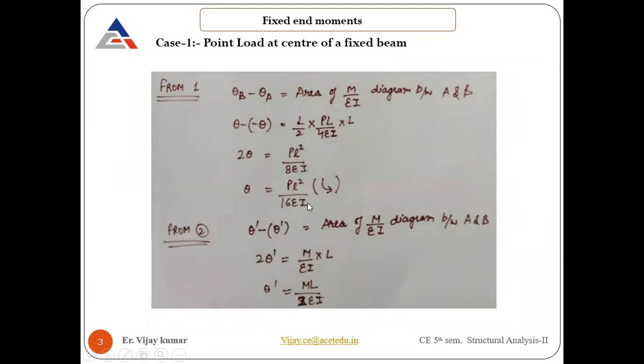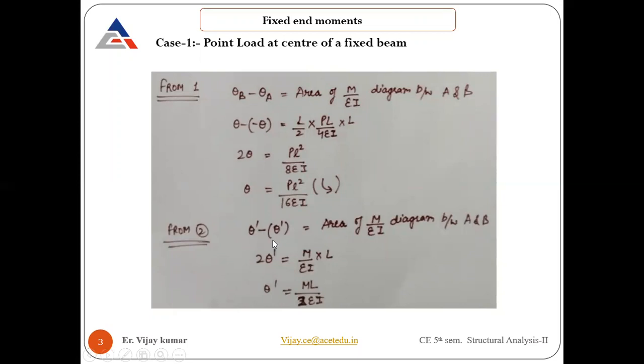You might know this value because we have already seen these values. If you know these values, then do not go with this method. This is a method if you forget the values of slope at the point of a simply supported beam with the different loading that we have seen. Once you are able to solve by using this method, that's very good. It's a conventional way to solve it, because many times people forget, there are lots of formulas, you might skip something. For those who are not able to remember each and every step, you go for this method to get the value of slope.